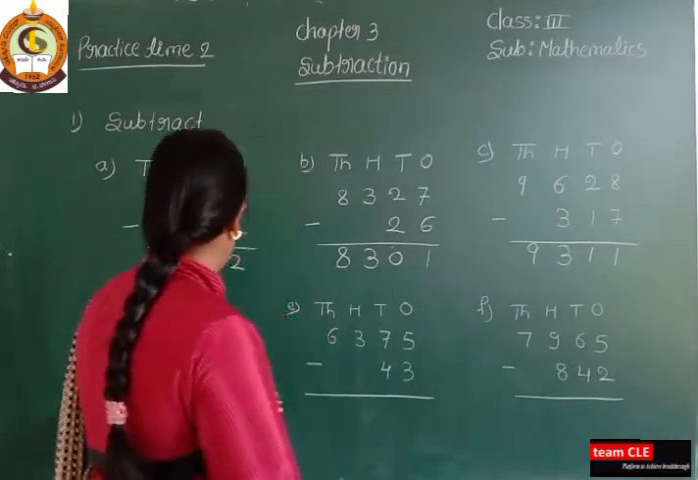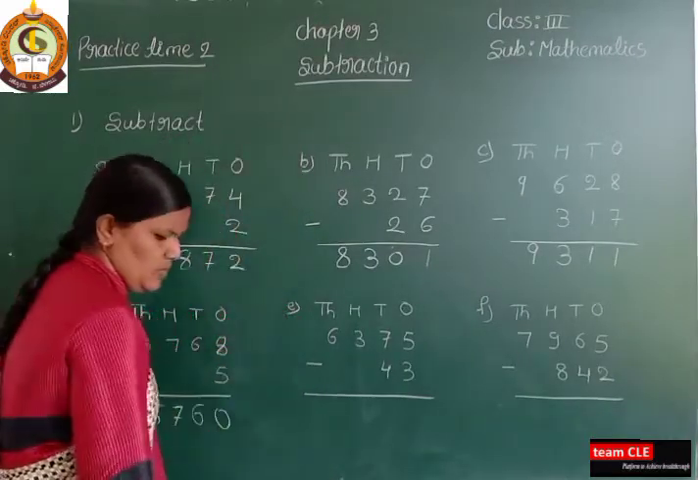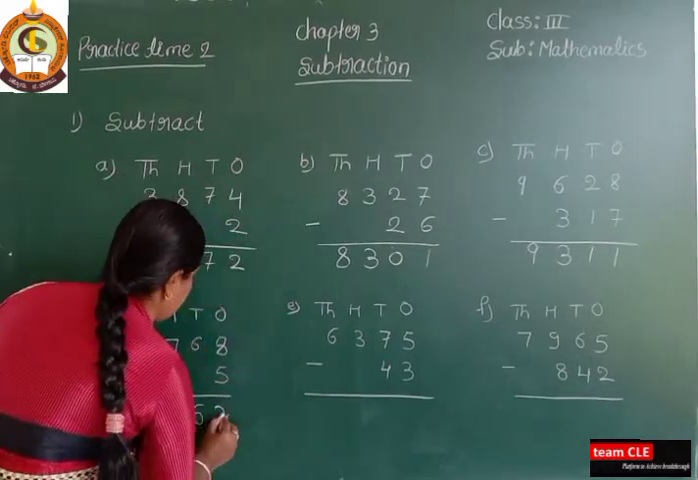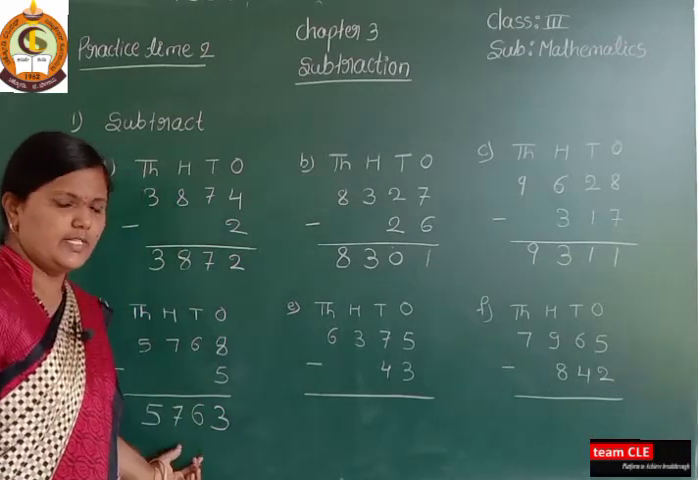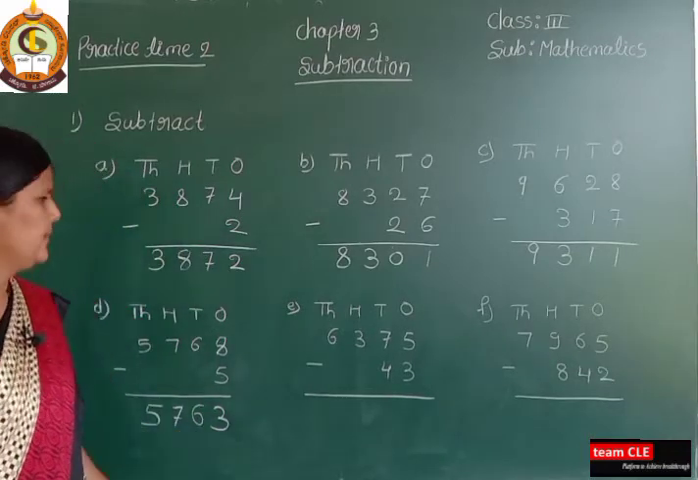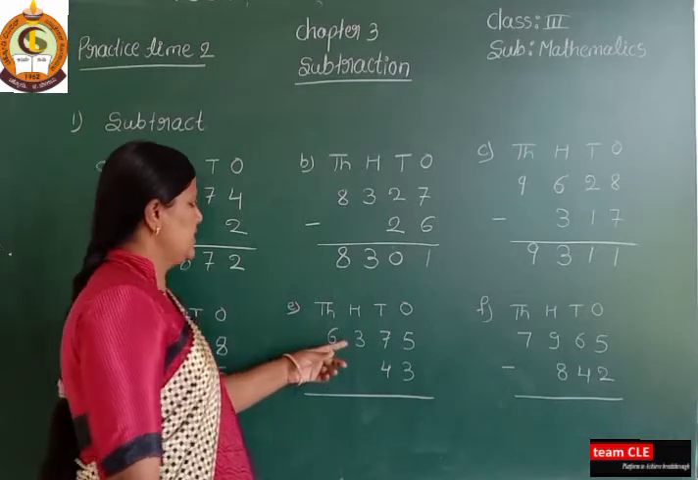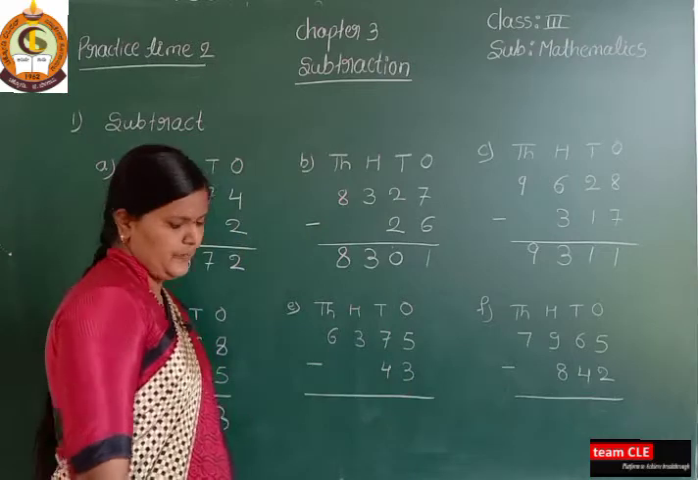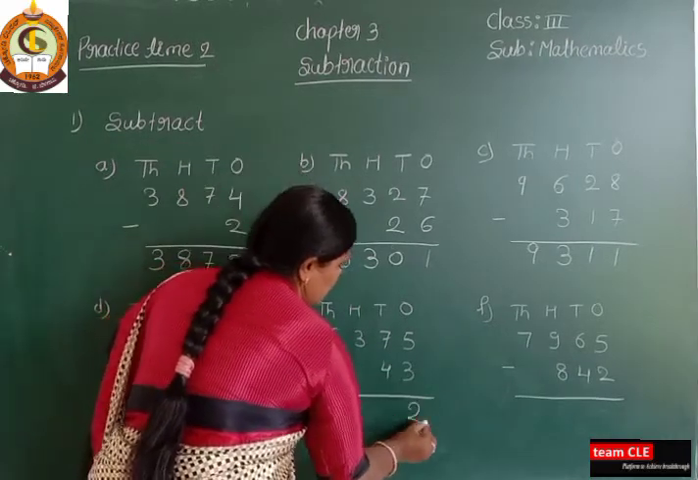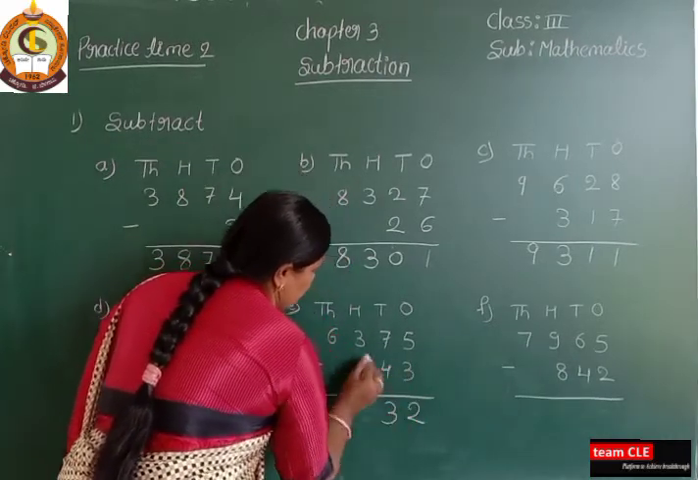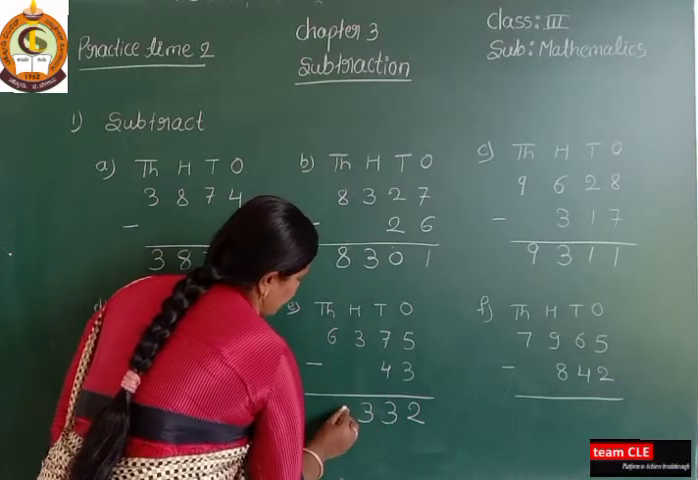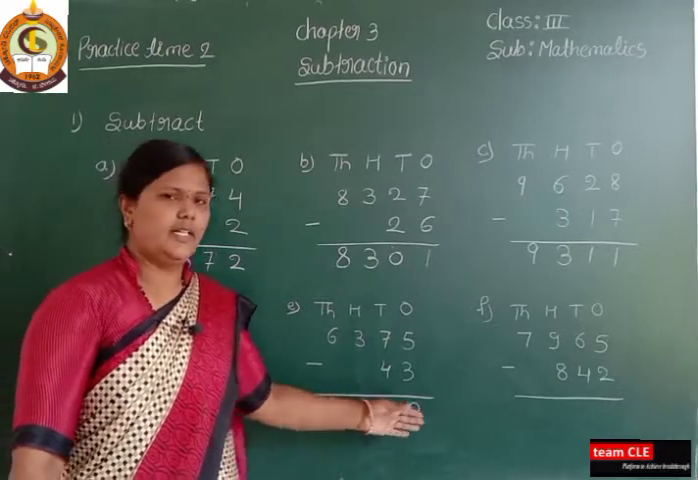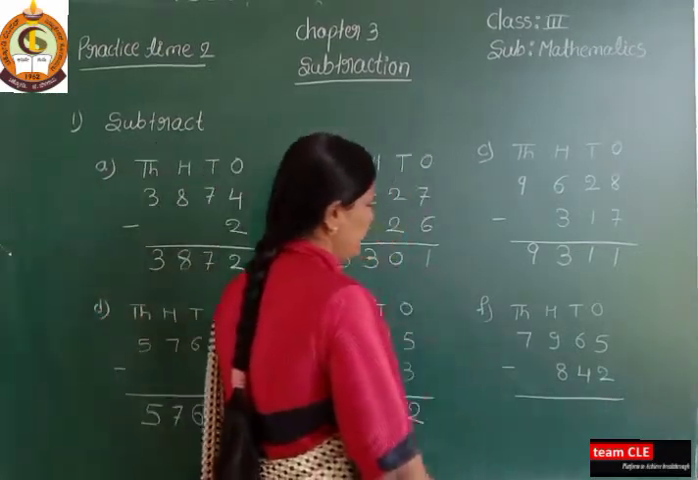D1 problem. Here in your textbook, 8 is there. So you have to write here 8 minus 5 is 3. Answer is 5763. Next, E1, 6375 minus 43. Here 5 minus 3 is 2. 7 minus 4 is 3. Write 3 as it is and write 6 as it is. That is 6332. Next, F,